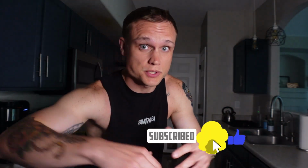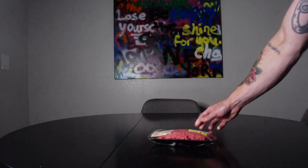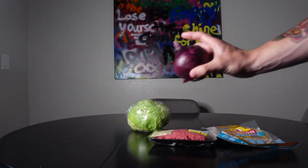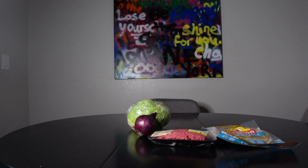And for this recipe, we're going to need a few ingredients. Those are going to consist of 93.7 ground beef, low carb tortillas. I'm using the Mission tortillas in my opinion. Those are the best, and these are going to be more of a quesadilla tortilla. So these tacos will be big, filling, and satiating all at the same time. Lettuce, red onion, pickles,